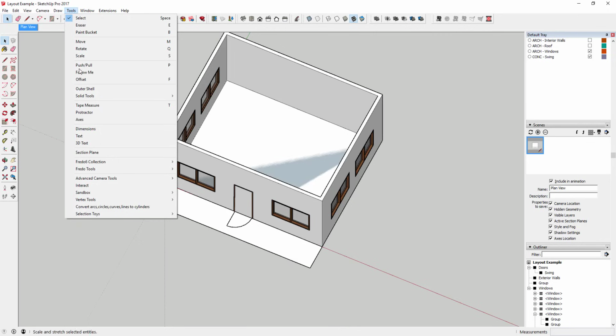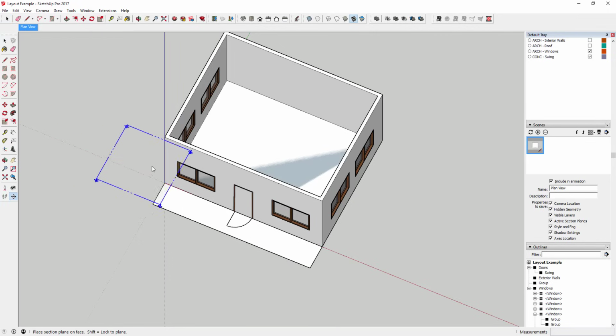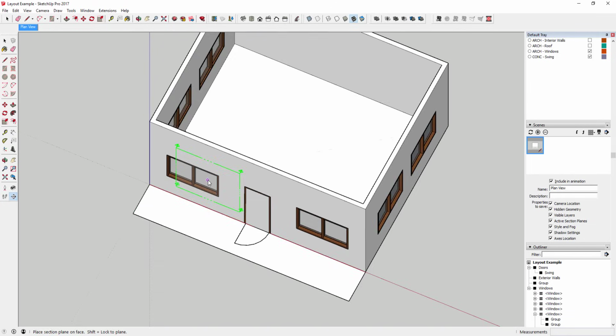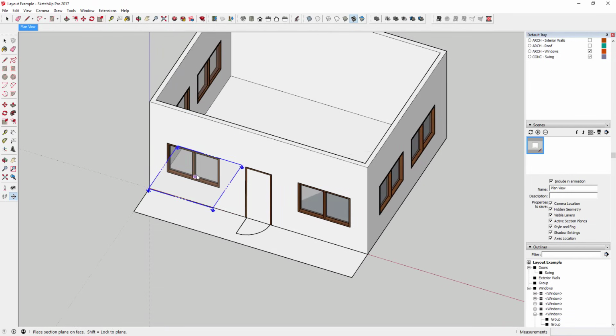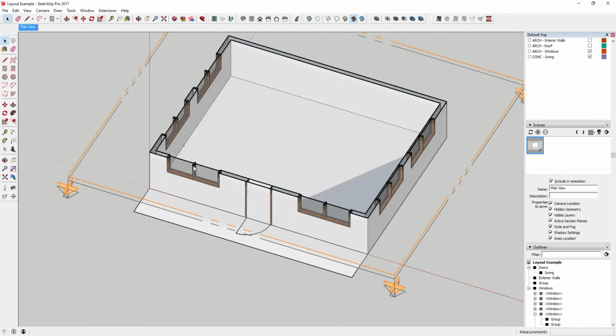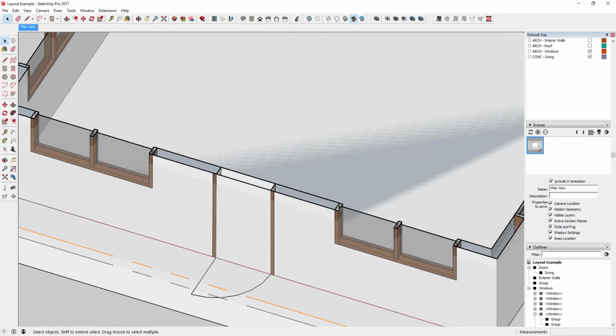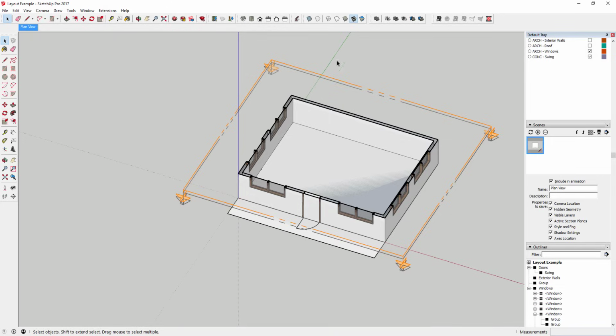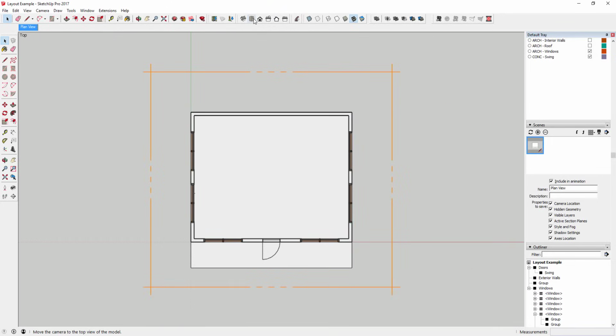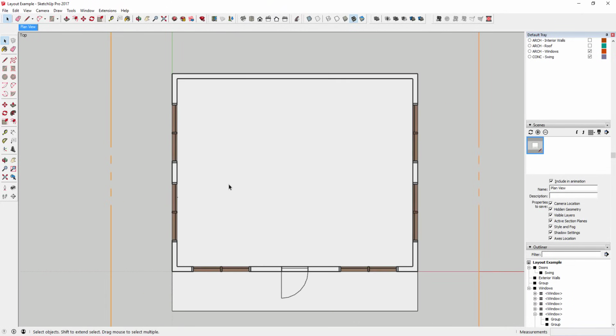You're going to go to Tools, Section Plane, and you may want to tap the up button. What that'll do is lock this to this blue axis, meaning it's going to take a cut through your model straight up and down. So tap the up key to lock this to the blue axis, and then create a section cut that goes straight through your windows and your doors and your walls. Then you can click back on this top view,